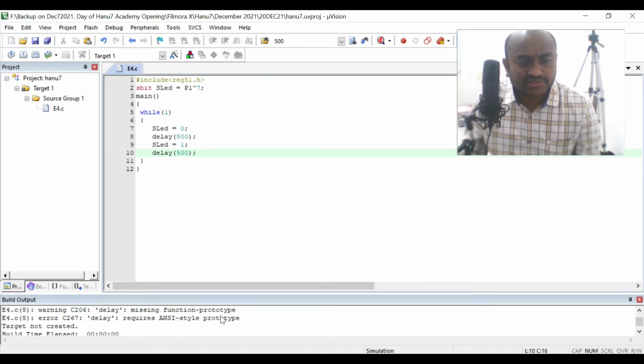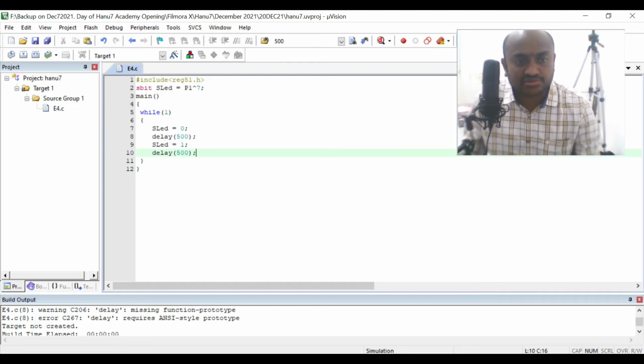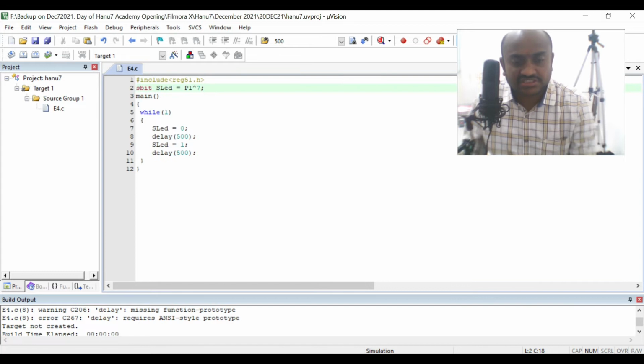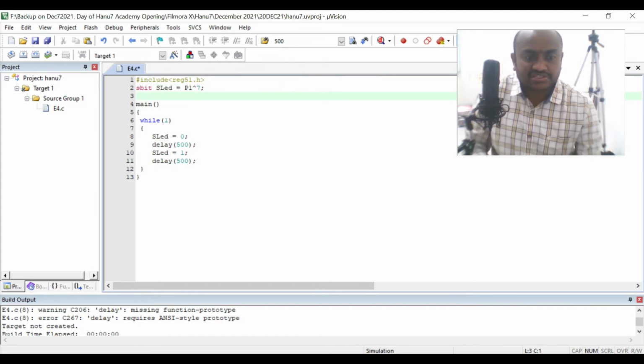The warning is missing function prototype, and then it requires ANSI style prototyping. Of course, how can the system know what delay of 500 milliseconds means? So we have to write this delay, either directly here, or otherwise you declare it here. That is called the function prototype.